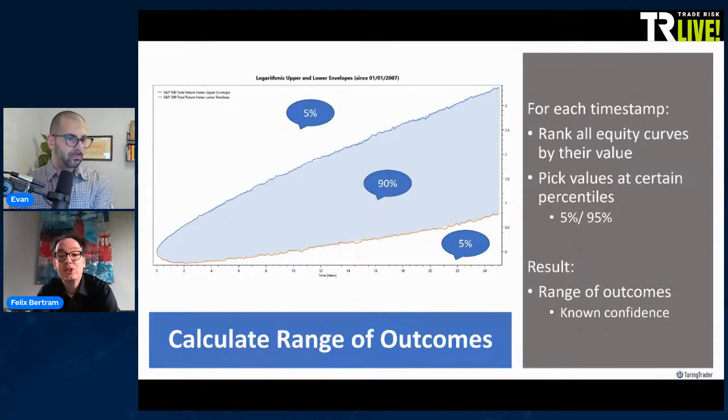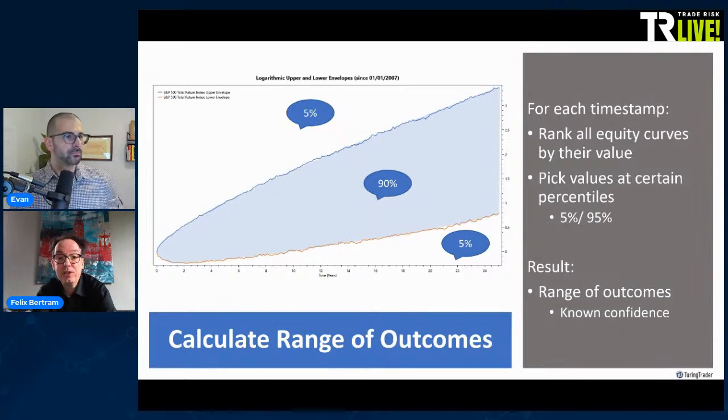And when you look at this cone on the left, it's a little hard to see, but you can see where the orange and the blue meet, that actually the orange first goes down. So this is the first indication of what I said in the beginning, that volatility drowns the trend. When you look at the 5% of the worst outcomes, then in the beginning, well, first you're going to see negative returns.